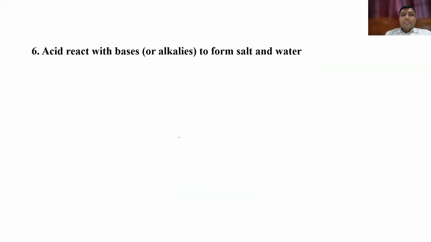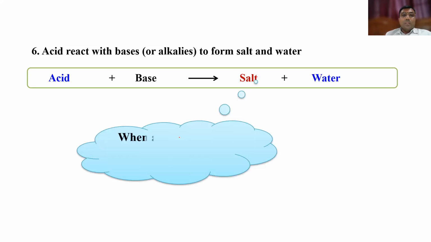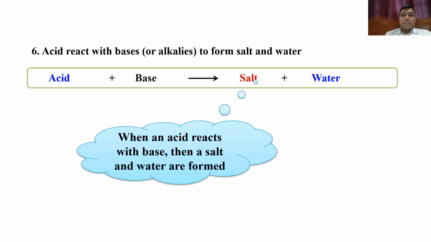Now, you know very well acids react with bases and form neutral solutions. So listen very carefully, very important. When you add a strong acid and a strong base, you get a salt. It's a neutralization reaction. When an acid reacts with a base, then salt and water are formed. Always, this reaction is called a neutralization reaction. So students, listen carefully. I'm going to explain a lot of principles today. Strong acid plus strong base gives salt plus water.